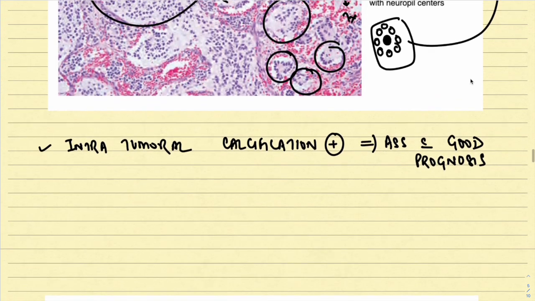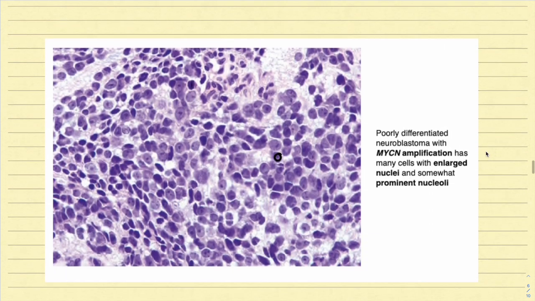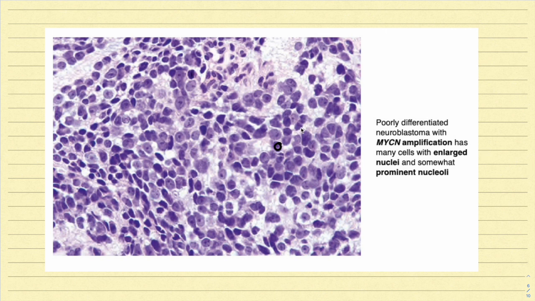Sometimes you will see intratumoral calcification is also present, and if present, it is associated with again a good prognosis. Now this is another diagram, a high power view over here, where we can appreciate the individual neuroblasts. But over here the neuroblasts are quite undifferentiated, wherein some of them contain prominent nucleoli. And the presence of such features of neuroblast correspond to the MYCN amplification. So MYCN amplified neuroblastoma contains undifferentiated neuroblasts, a very primitive form of neuroblast, which are pleomorphic and they are containing prominent